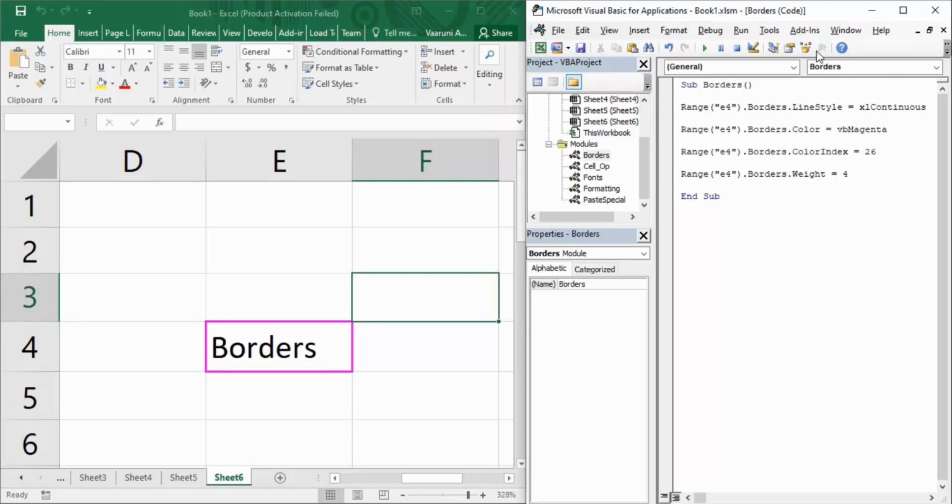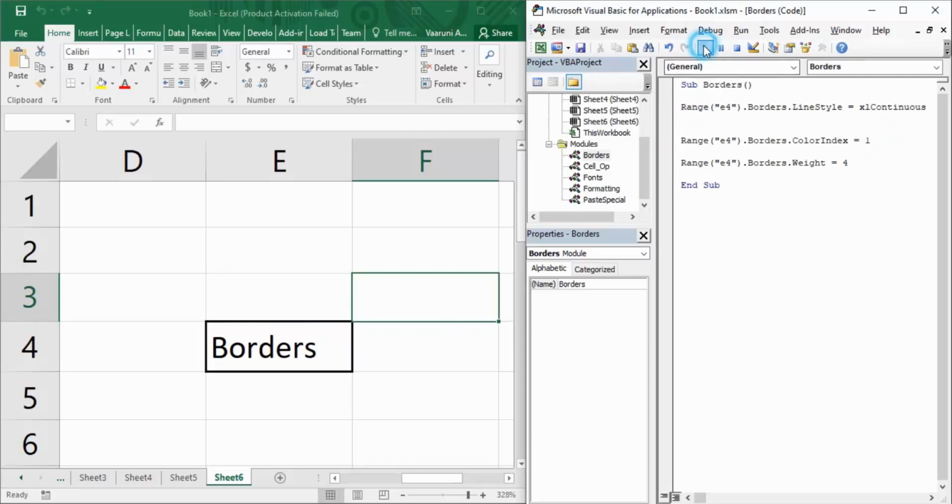Suppose you provide 26, and we can just remove this line and run it, then we get this color. Let's change it to 1, and the color index for 1 is black, so we have got this black. Suppose you want to change it to something else, say 3, then it changes to red. So using this color index property as well, we can change the border color.